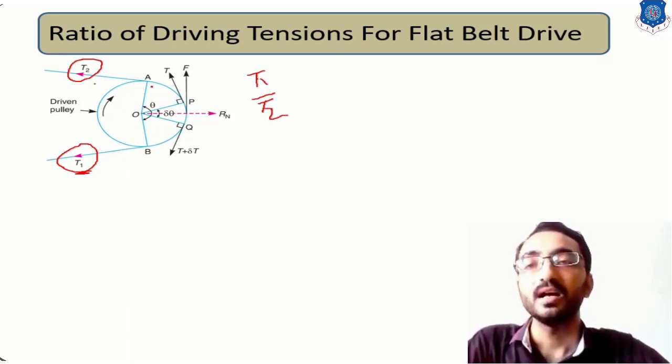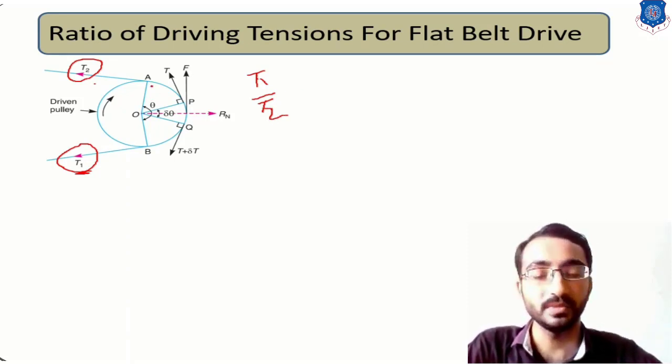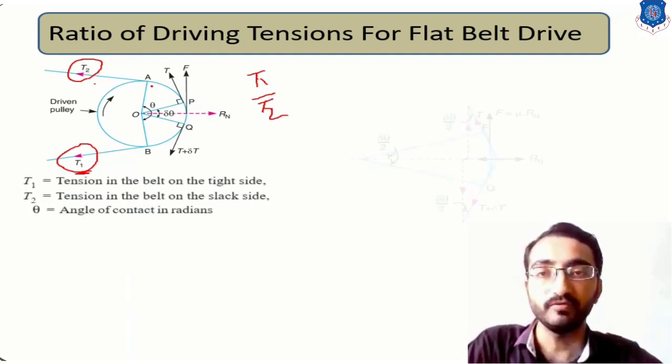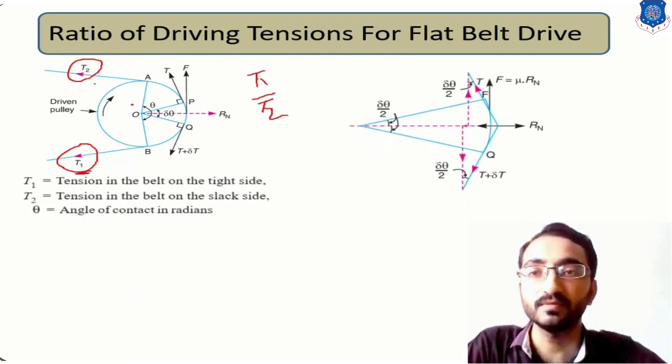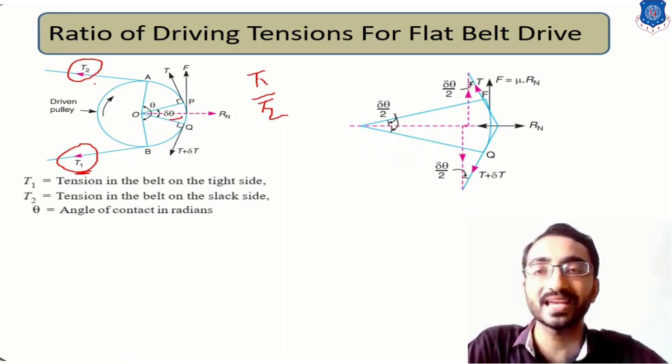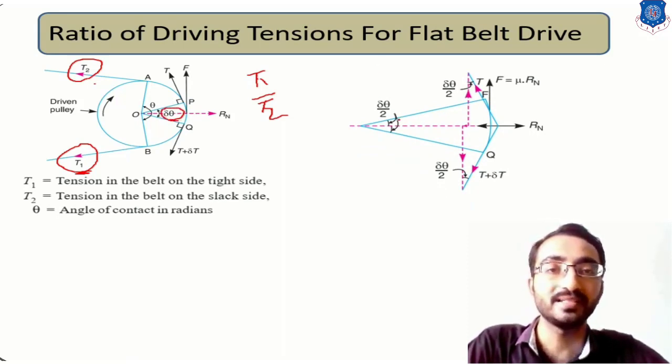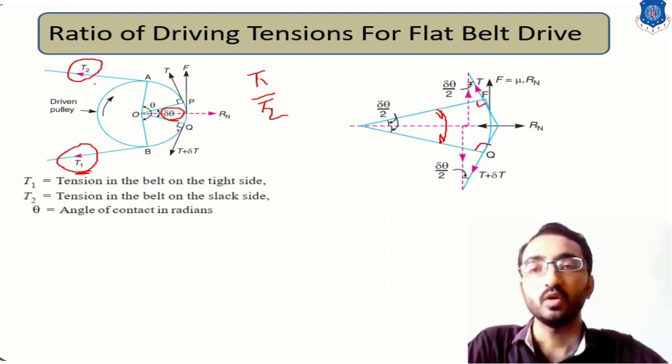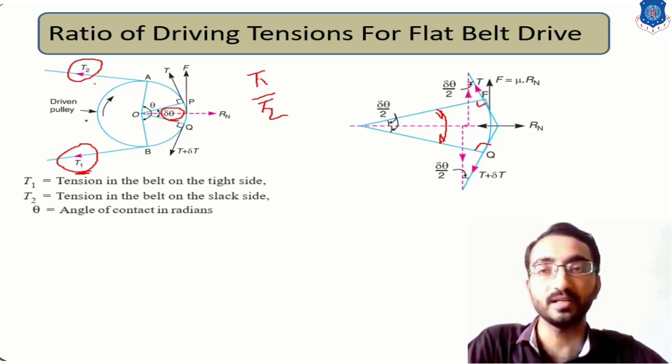Okay, so for that let's consider this diagram in miniature form over here. So if we draw a miniature form of this belt, let's consider a small segment of delta theta over here. For this total angle delta theta, if we sketch this belt, it will make a 90-degree angle over here. Okay, so now for considering this small segment,